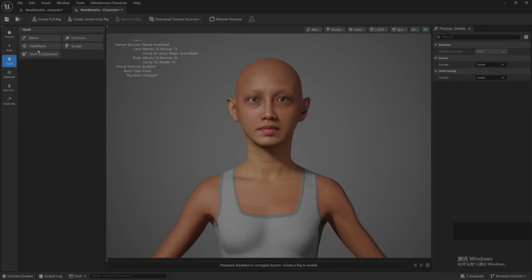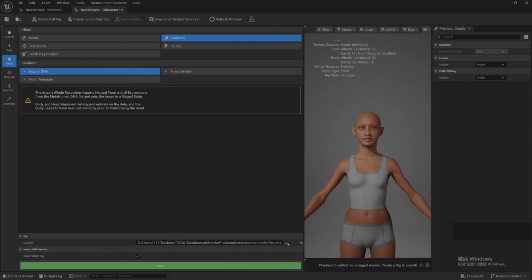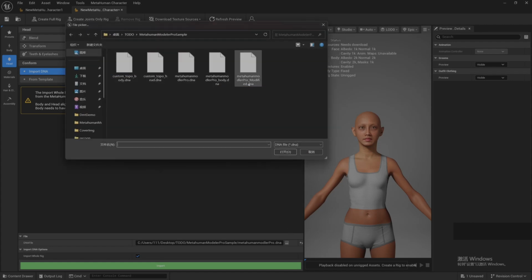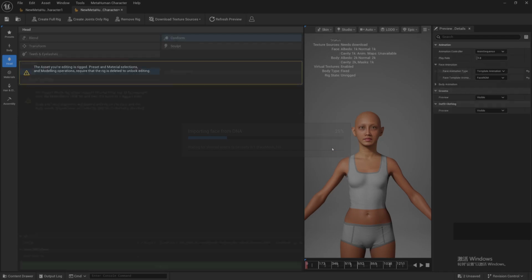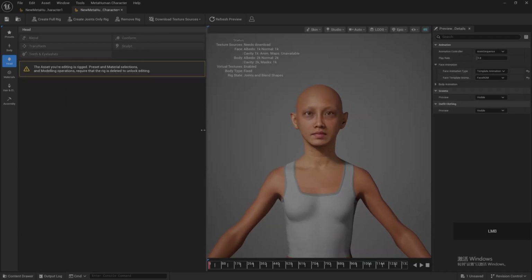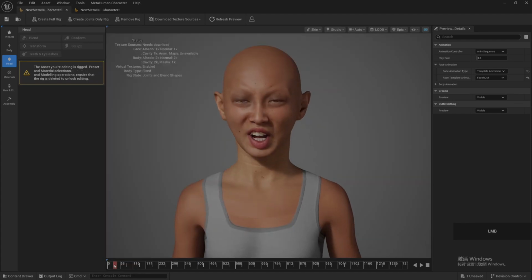Then, we are at head. Set DNA path here. UE has just automatically modified this here. We want to choose Pro Modified here. Then select Import. Let's see this time. Probably at this place, his eyes are closed tightly, and the one on the left. His eyes just can be closed tightly, so it means that the DNA we modified